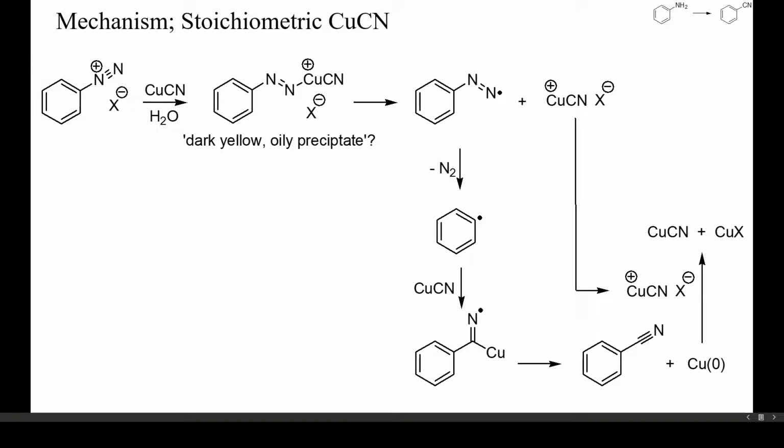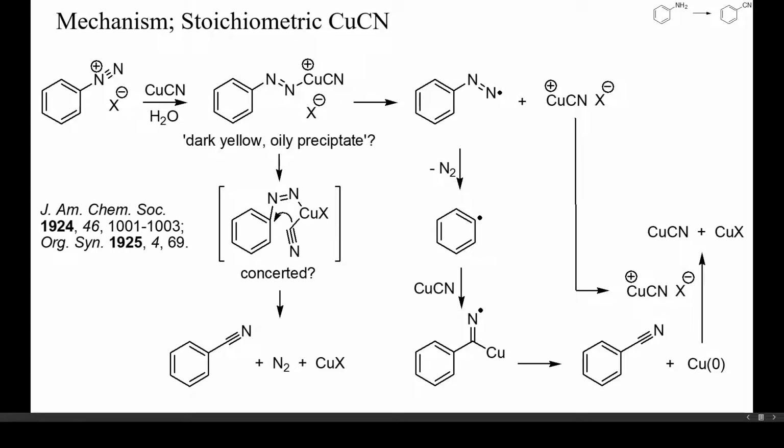One possible mechanism of cyanation is the homolytic fragmentation of this complex, followed by nitrogen release and formation of an aryl radical. This radical would add to the excess copper cyanide to yield the benzonitrile and elemental copper. The initial step of the reaction is a reduction of the diazonium salt by copper cyanide, and the resulting copper-2 can reoxidize the elemental copper to copper-1.